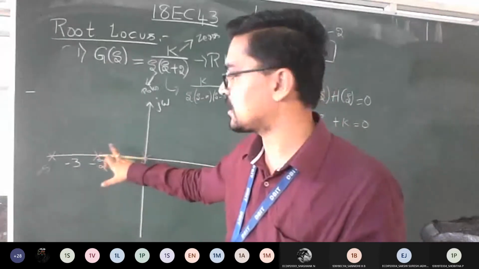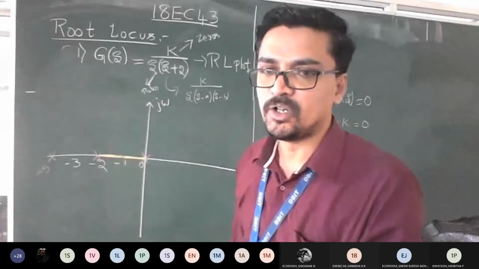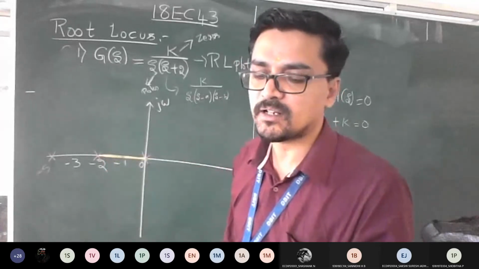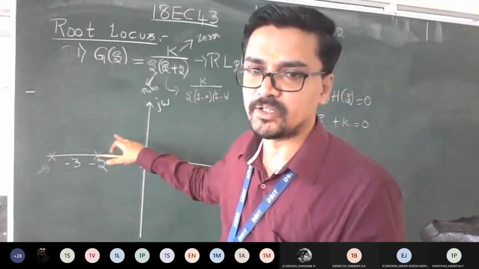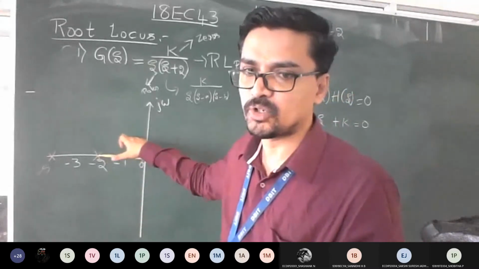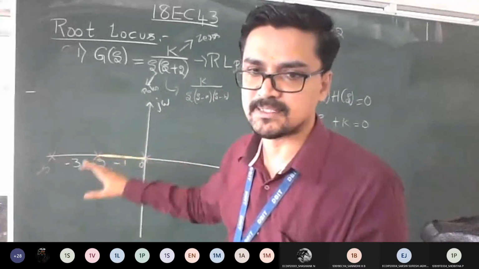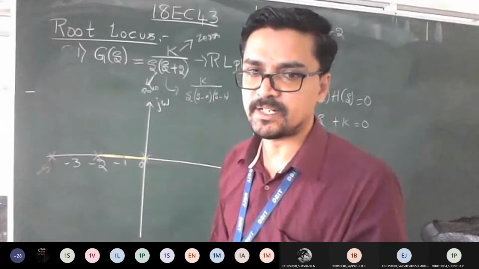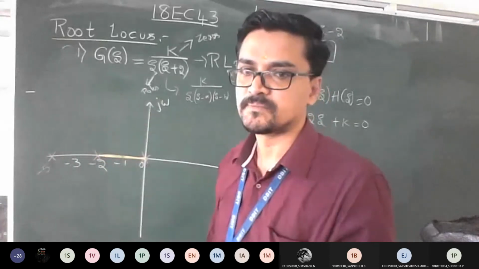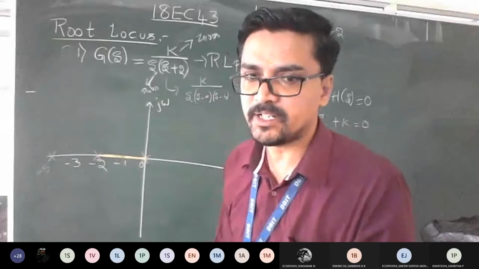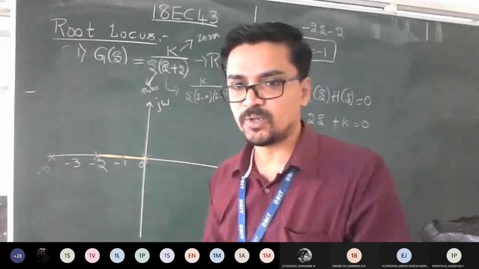Root locus always occurs towards the left half of the S-plane and root locus lines are symmetrical to each other. Or you can state the sentence as: root locus is symmetrical about its real axis. Symmetrical means whatever things you have at the top, the same thing will come at the bottom. Have you made a note of what I told? Everyone? Is it okay, guys?